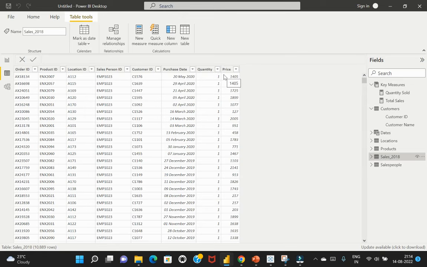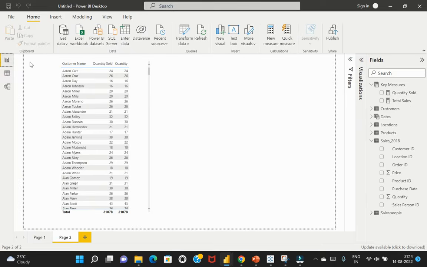Now, if we apply a simple sum expression, the sum will only return that particular row level context, but it cannot apply it on a specific expression. So therefore we would need to use the other function called